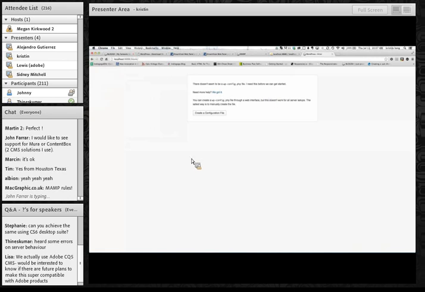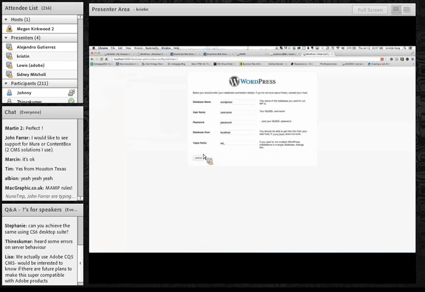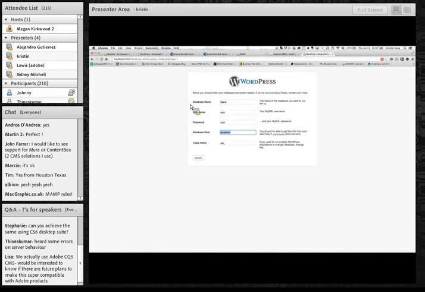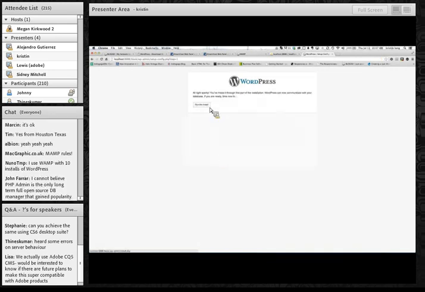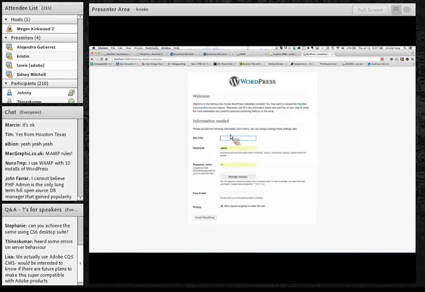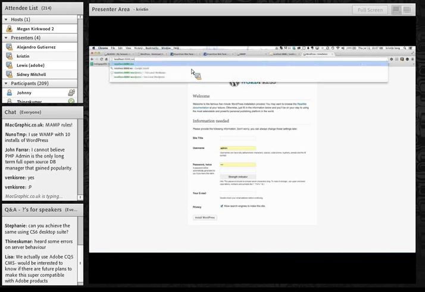And then that brings me to a page like this, where I can create a configuration file locally on my machine, get started, plug in my database name, plug in my username, which locally is just root, plug in my database host, which is localhost, and my WordPress table prefix, though there's no tables right now. And then I just install WordPress on my machine. So that's all the steps that I took basically before class, but I also added